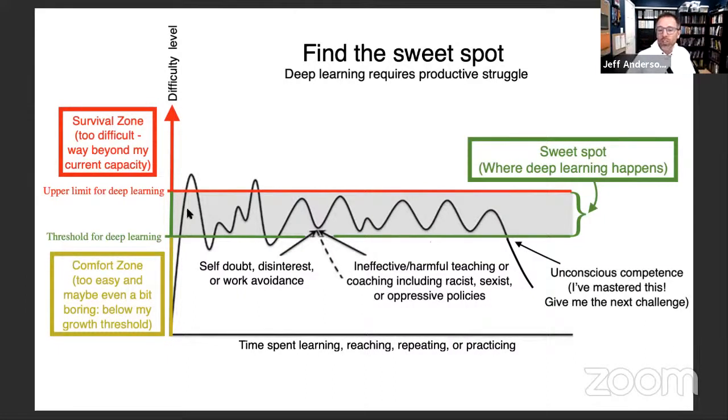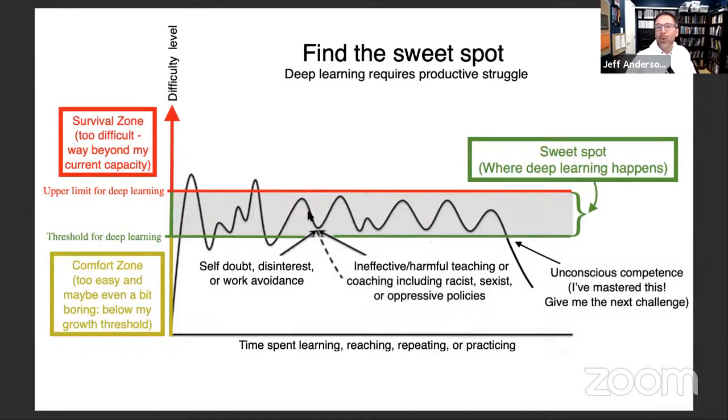So when you're first starting something, in these early stages, you're developing expertise for the first time. And one of the really interesting things about deep learning is that it requires a long time commitment. So if you've only spent an hour learning something, my claim is that is not what I would call robust learning. That is learning that will go away really, really quickly. Really good deep learning happens over long periods of time. This is why I tend to suggest against cramming.